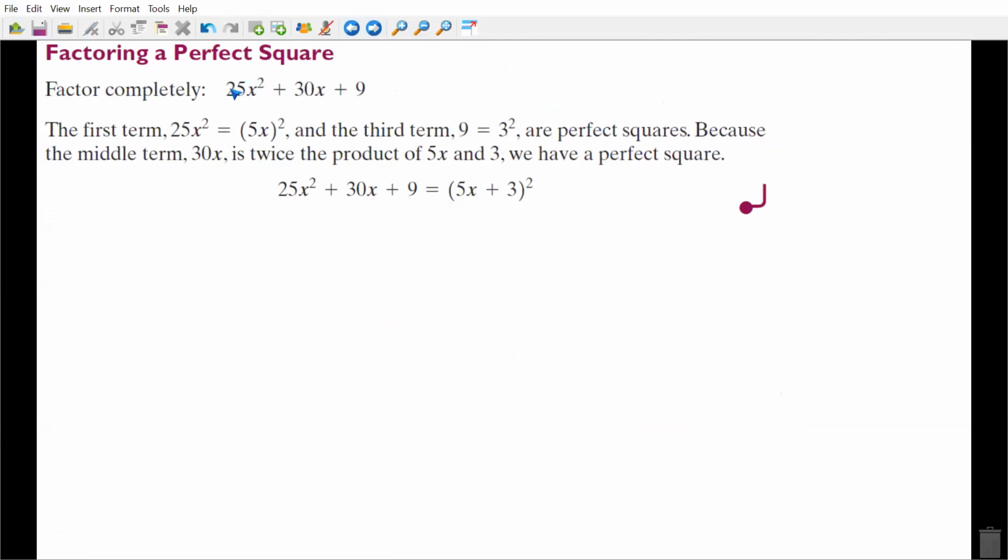square. You can see that 25x squared is the same as 5x squared, right? Yes. And the square root of 9 is going to be 3. So 3 squared is equal to 9. This is a perfect square because you're going to be having, if you remember this formula,